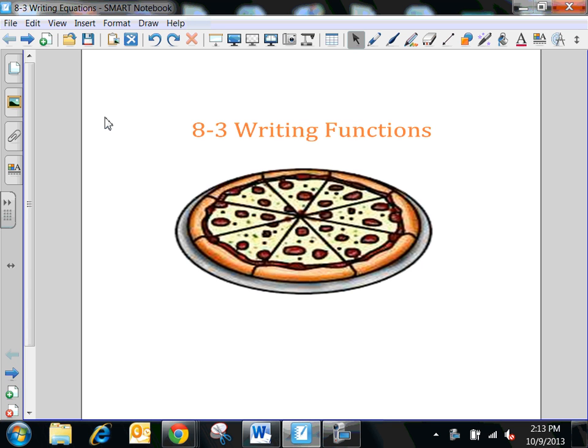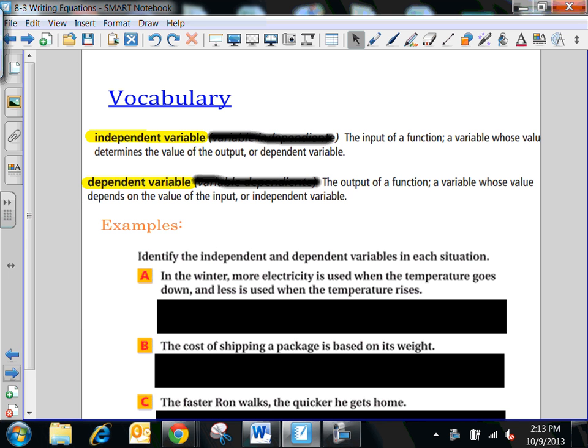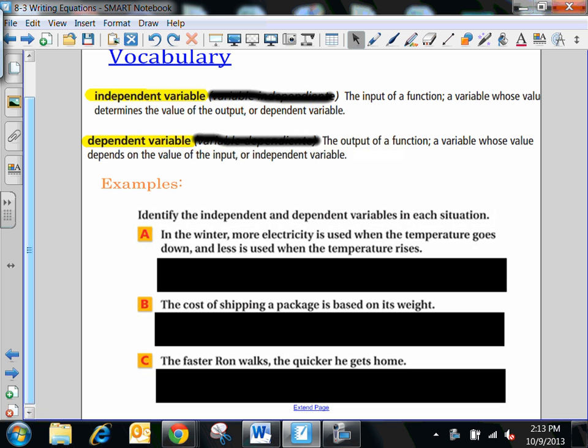Okay, so your lesson for tonight is called writing functions. Basically, it's just all about using functions. And so let's go, take some notes on it. Okay, here is your vocabulary, only two words,